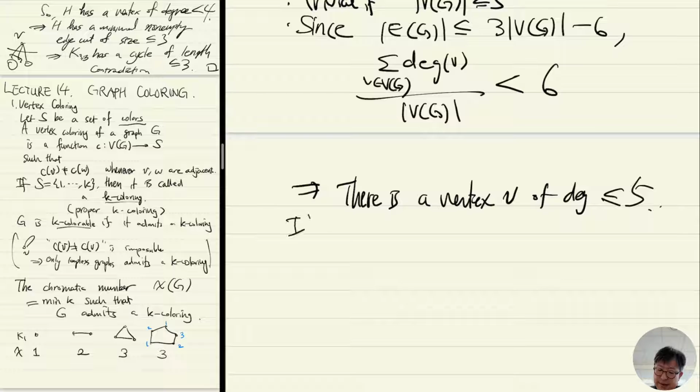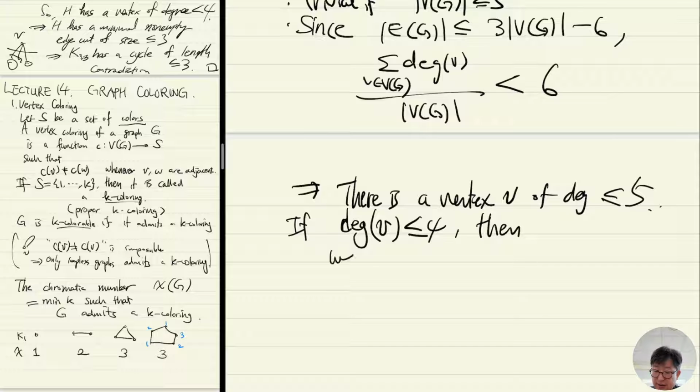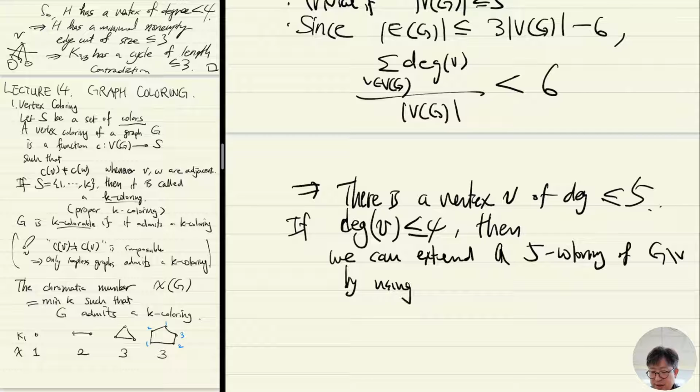All right, and if the degree of v is at most 4, then we can extend a 5-coloring of G minus v by using an unused color